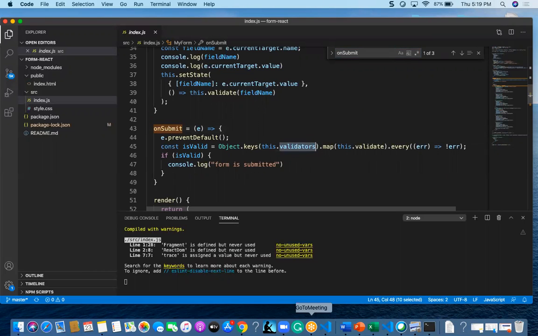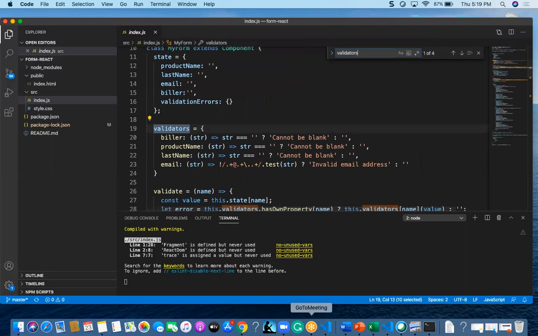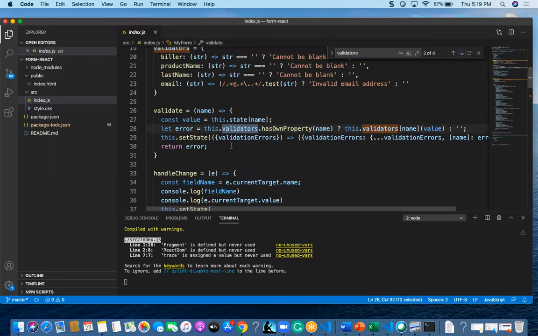This validators object is the one which will do the validation. I am going to inject these validations into my form.